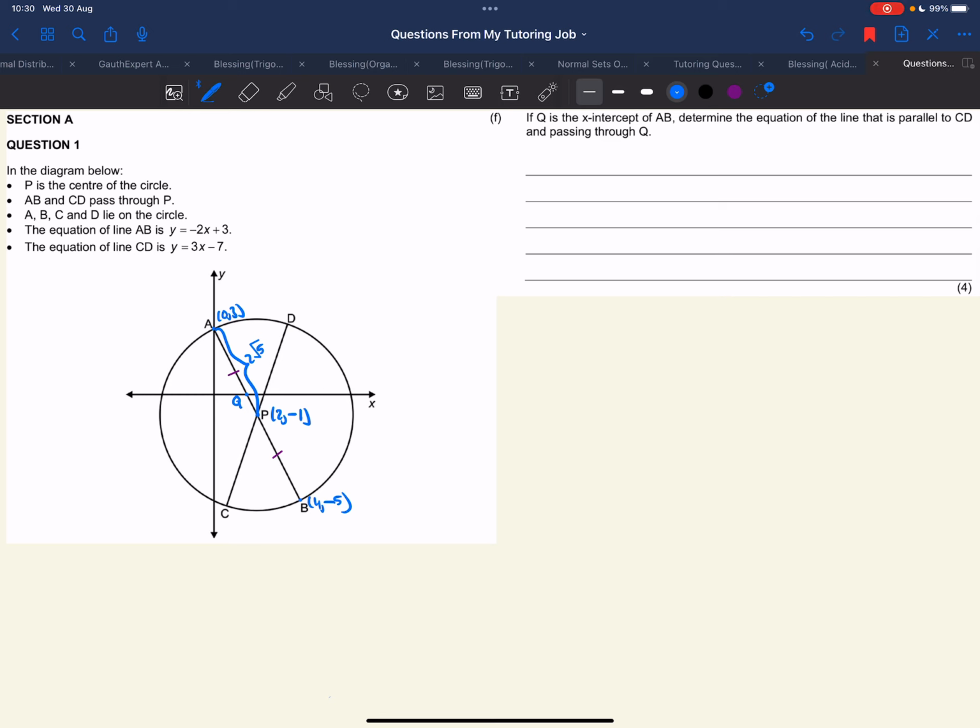Now the first thing that I need you to know from theory is that parallel lines have the same gradient. Okay, now seeing that parallel lines have the same gradient, the gradient of line CD is actually equal to 3. Therefore